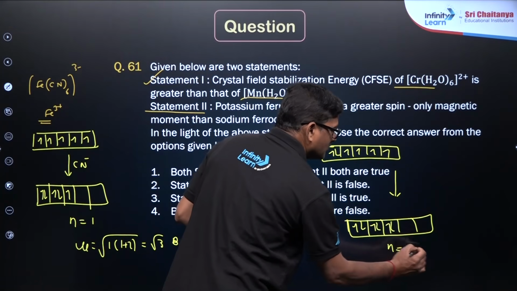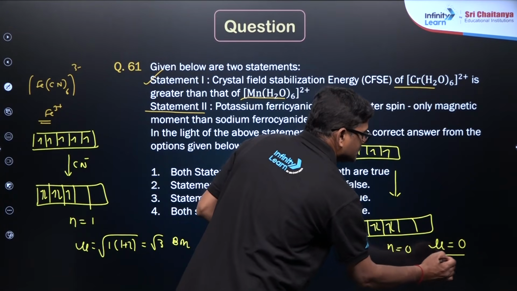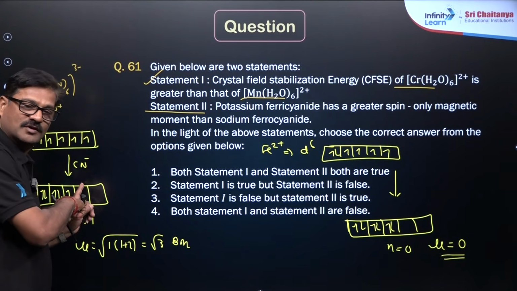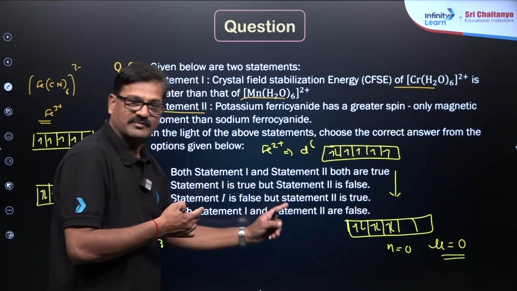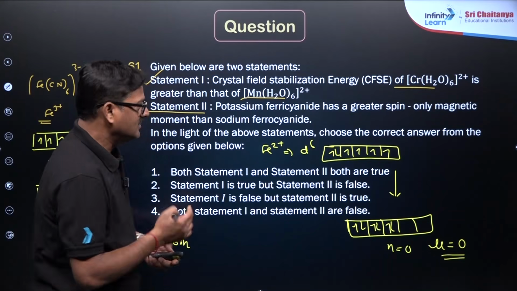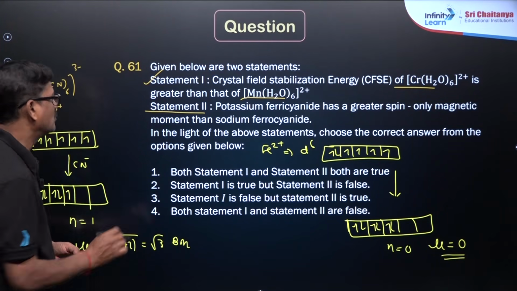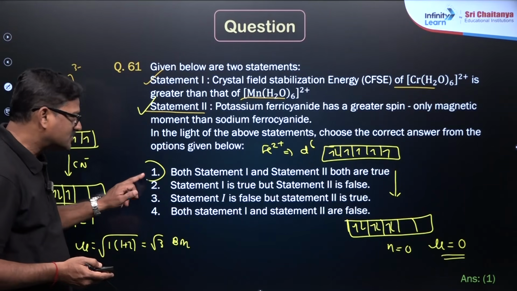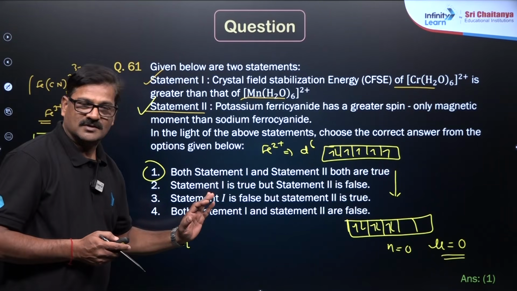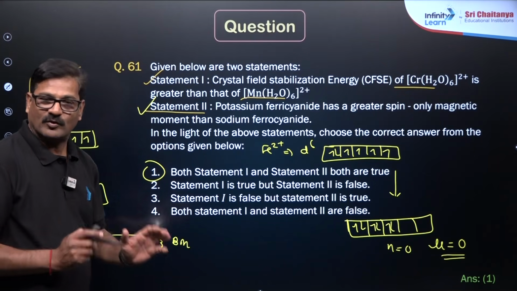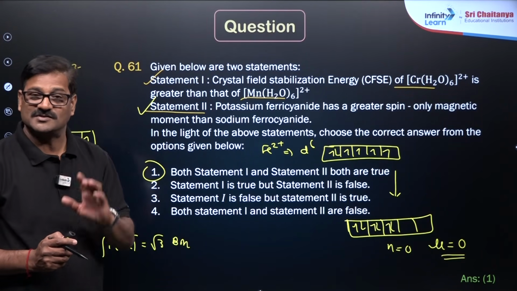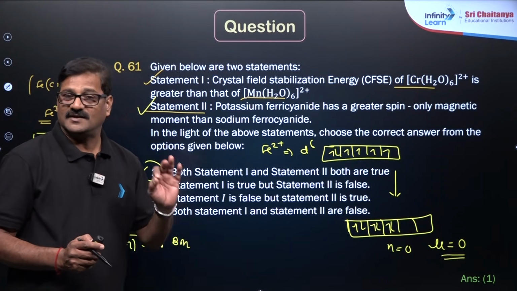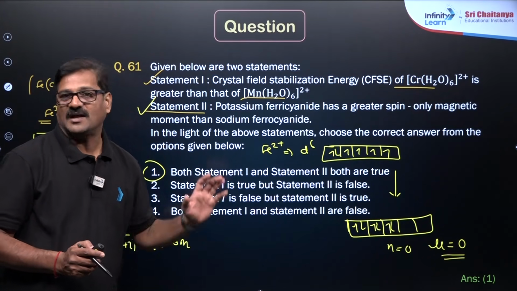So n is equal to 0, magnetic moment is going to be 0. So ferricyanide has more spin-only magnetic moment as compared to the ferrocyanide. So I want to say it is also a true statement, and the correct answer for this question is both the statements are true. So this kind of questions are more prone in the JEE examination. In the JEE examination that happened in the January session 2026, a sure shot question was expected and came